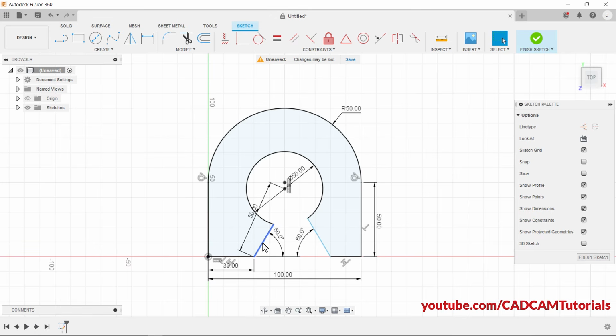Then suppose I want the length of this line the same as this line. For that you can use this equal constraint. Click on it, then click on this line and this line. So here the length of both the lines is the same. Then right click, cancel. While creating these lines, we created the line and after that we gave length and